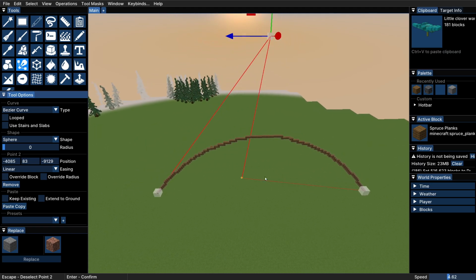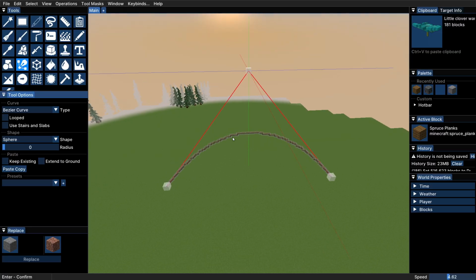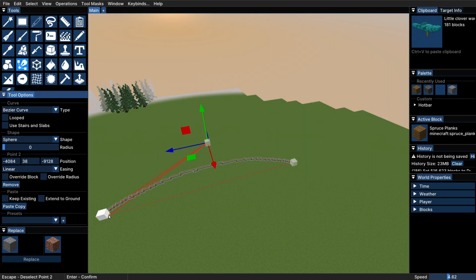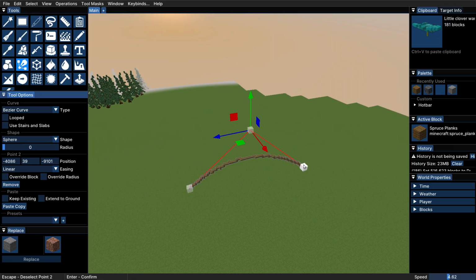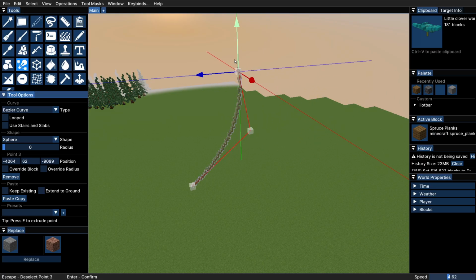Now, you might be thinking, how is this handy for trees? Why can you make trees with this weird line? Well, the reason is because we can actually change the thickness of each one of these nodes and the points between them. So if we pull this up here like this,